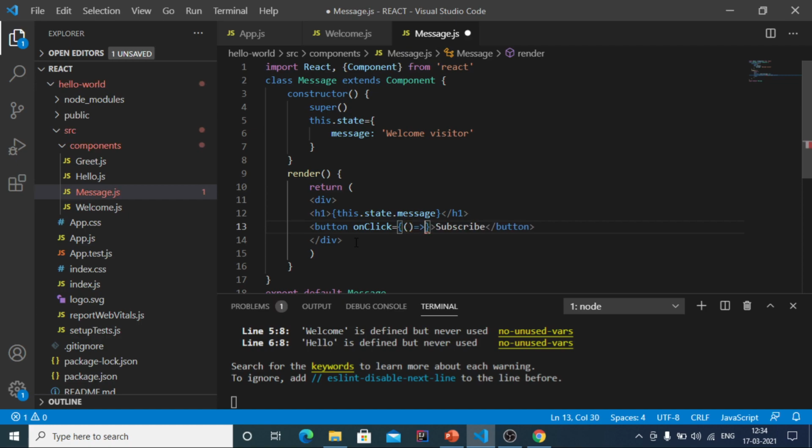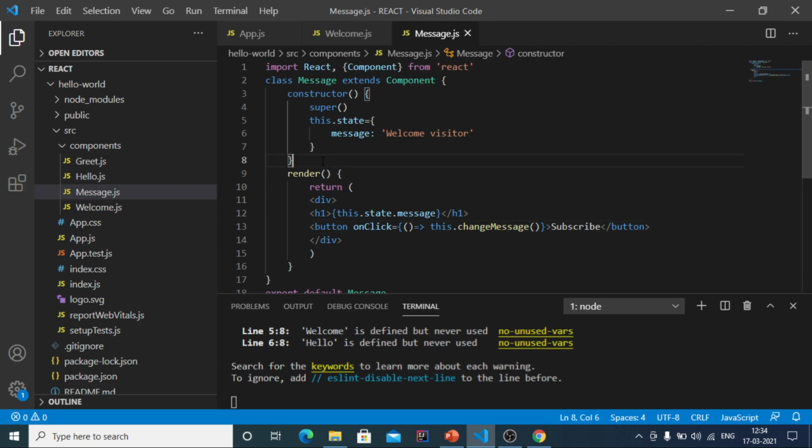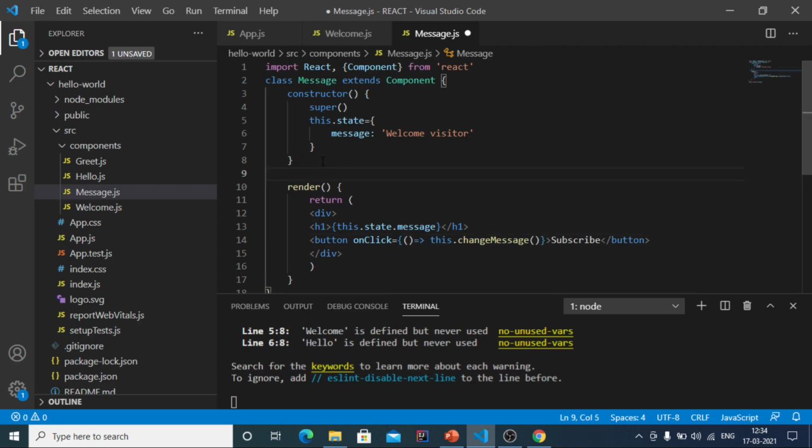and we have to call here this.changeMessage. Here changeMessage is the event handler. So changeMessage, and we save this. Now we need to define this changeMessage right below the constructor but before the render method.